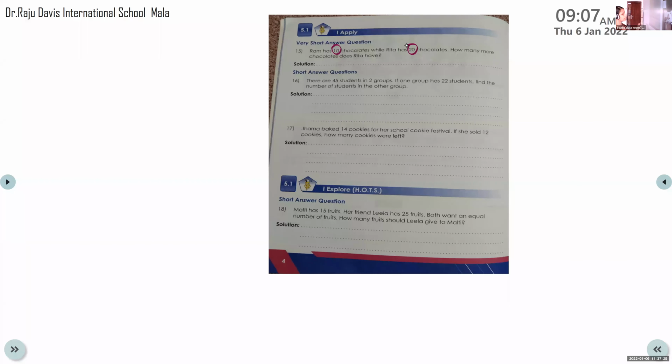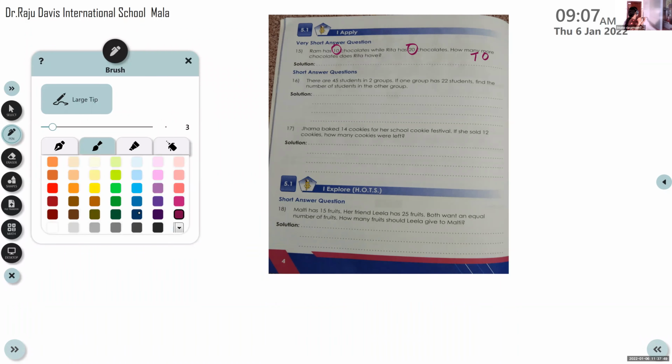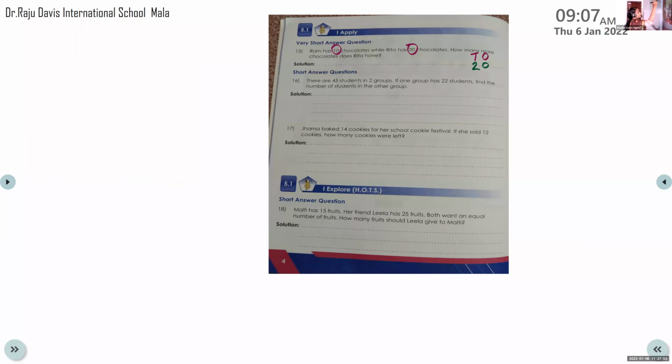So we have to subtract the numbers. Here the bigger number is 20, the smaller number 10. So let's subtract. 10 and 20 both are two-digit numbers having two places, tens and ones. Now let's write the places first, T, O, tens and ones. Now let's write the numbers one below the other.